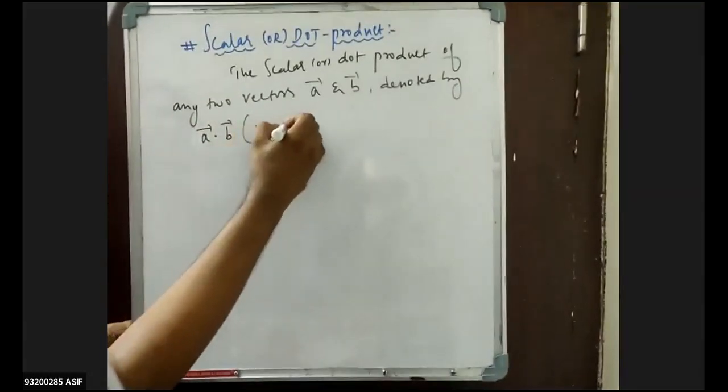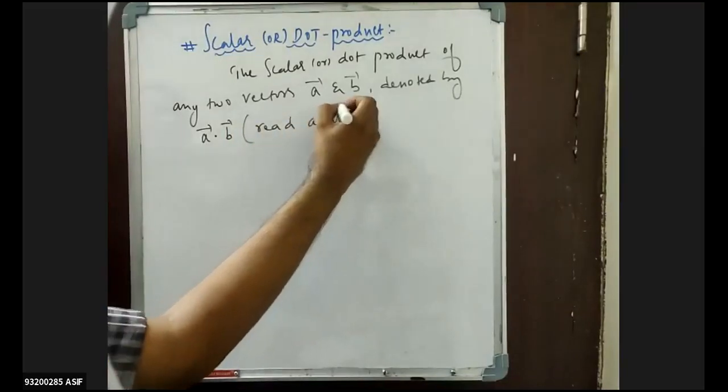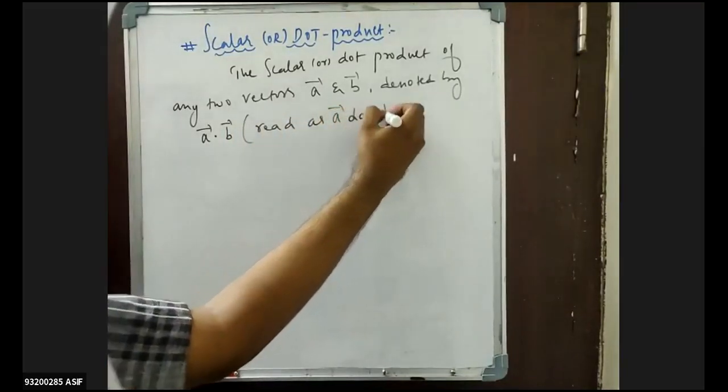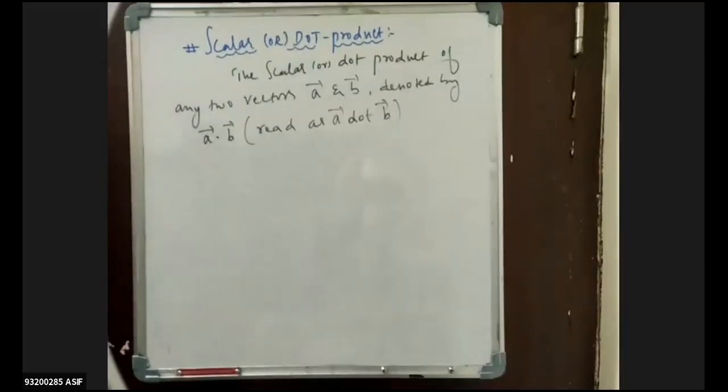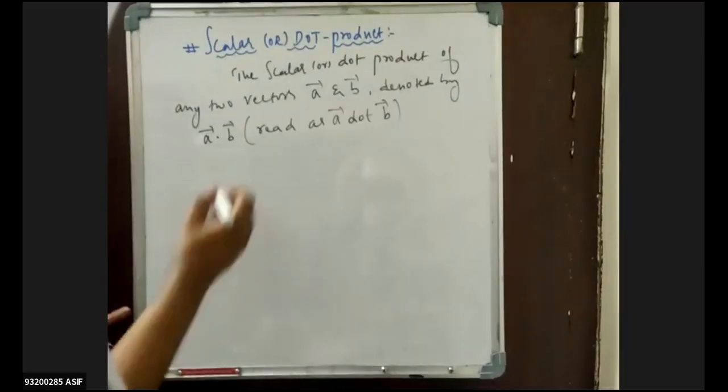It is read as A bar dot B bar, and it is defined as